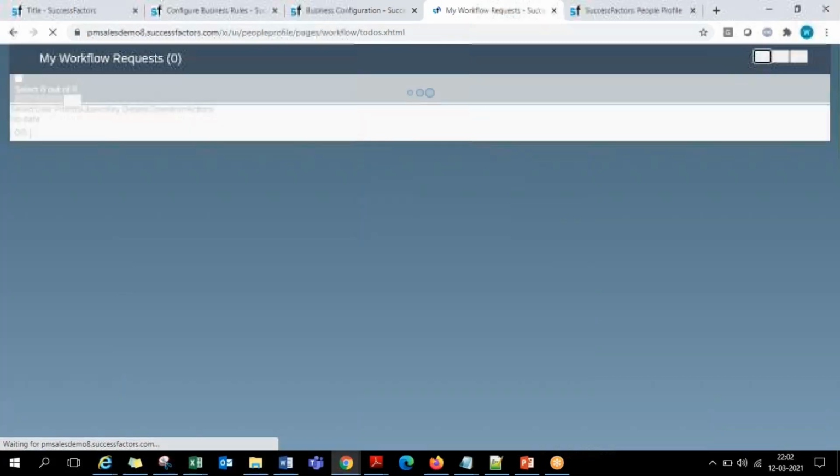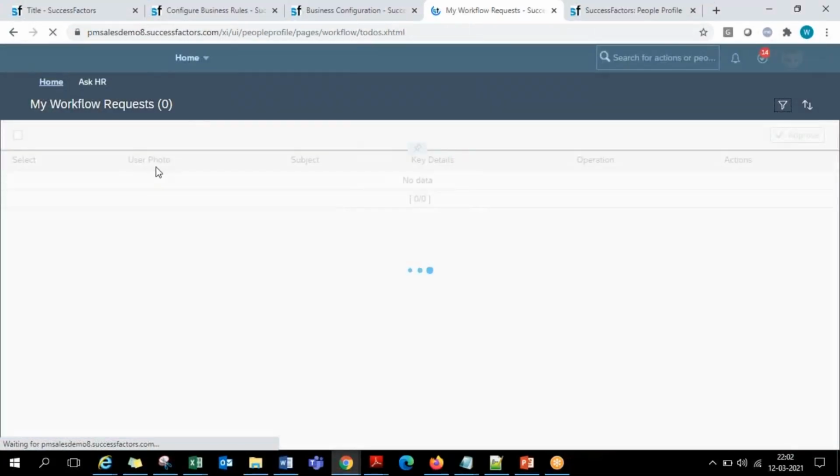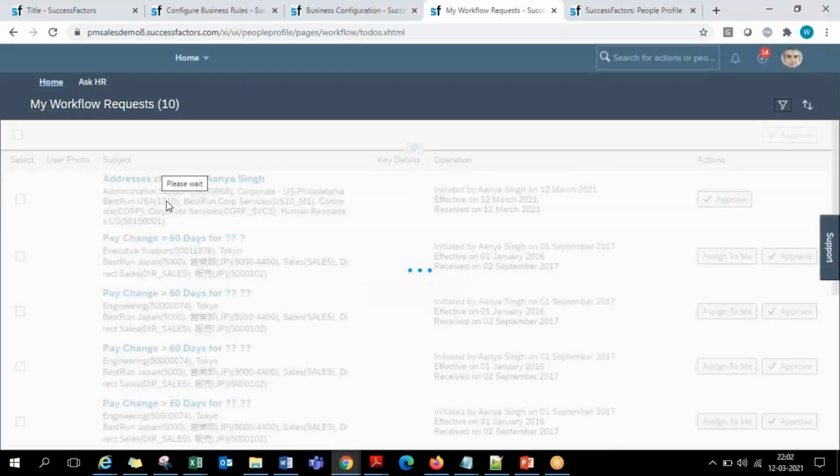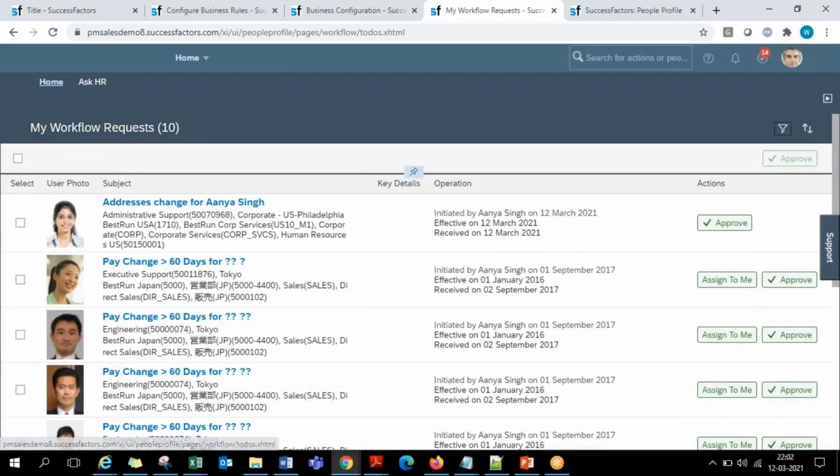So when you click on the tile, system will open all the 10 pending requests, out of which the latest one should be Anya Singh's, because she just now submitted. In the order, the latest one will show on the top. Address change for Anya Singh is the first request. There are some other pay change requests and all that are different, but this is the latest request that he has to approve. So if he is directly ready to approve, he can click on the approve button here itself,